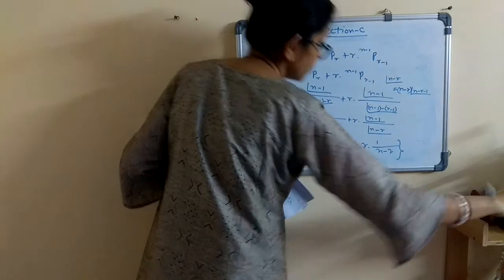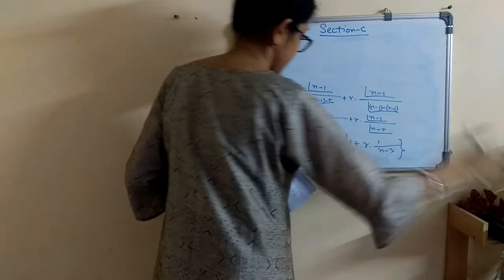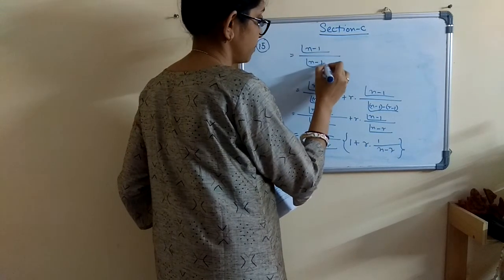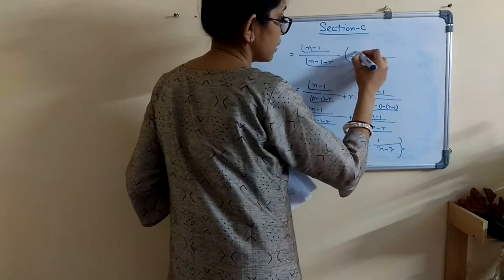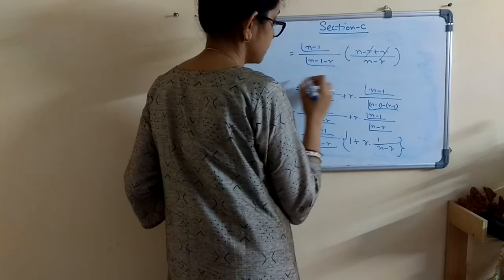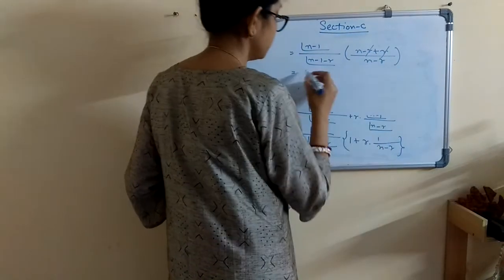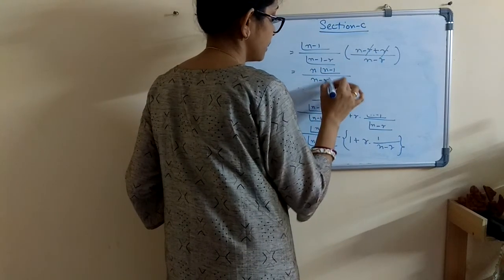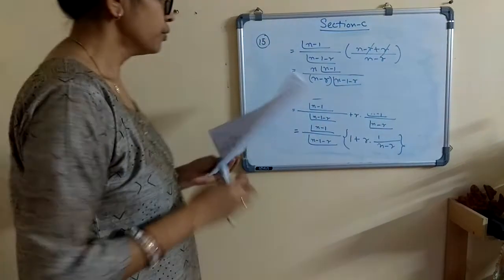So now if we solve it, this part, factorial n minus 1 by factorial n minus 1 minus r, so it will be what? n minus r plus r by n minus r. r cancels. So what we have got is n into factorial n minus 1 over n minus r into factorial n minus 1 minus r.